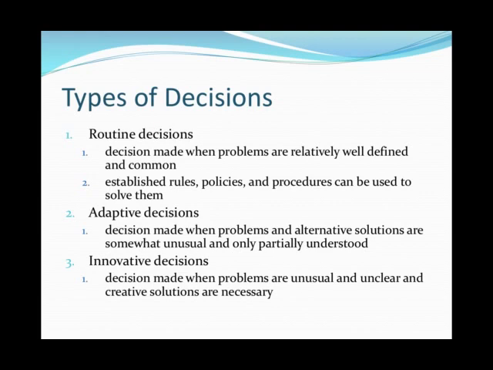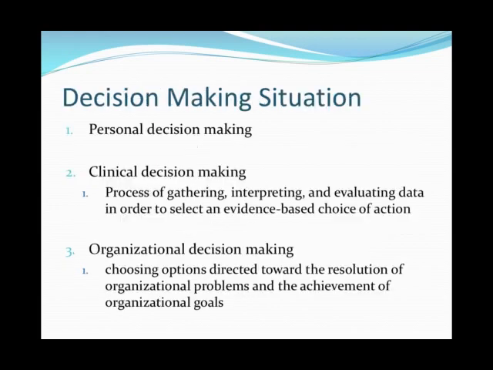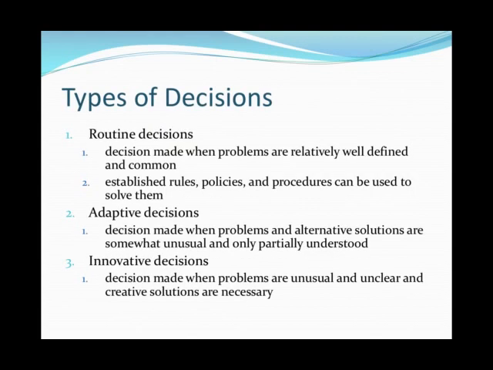There are routine decisions. So these are different situations where we can be making decisions. These are different types of decisions in general that we can make. One is routine decisions, and this is the most common type of decision. It's really well defined and common. There are established rules or policies that we can refer to help solve them,